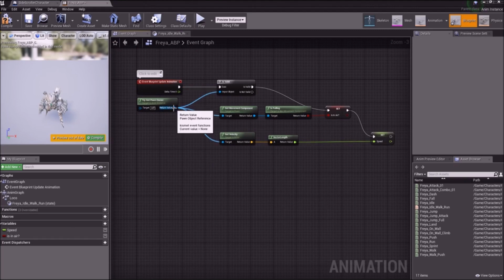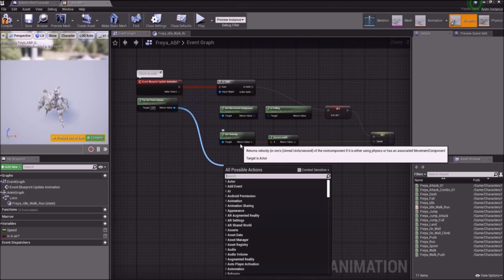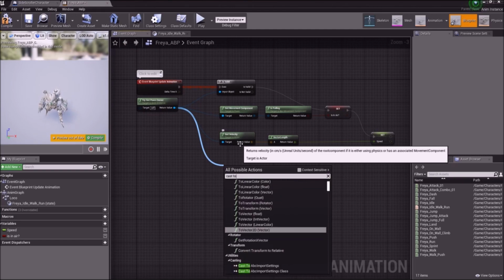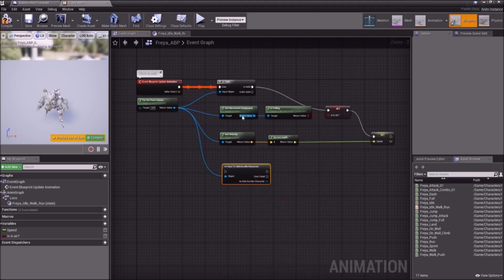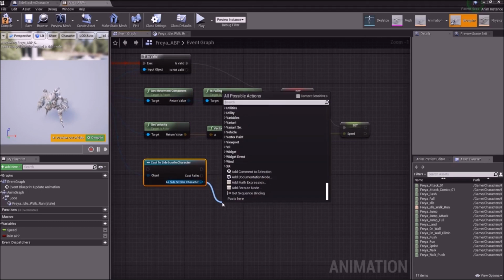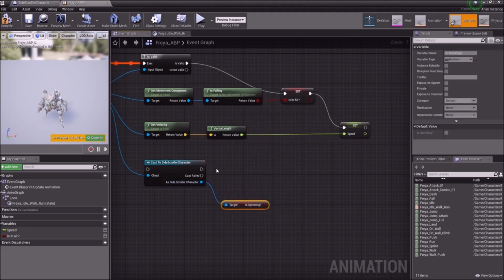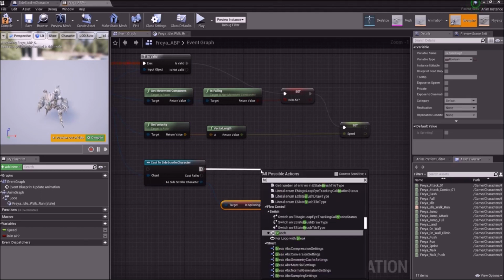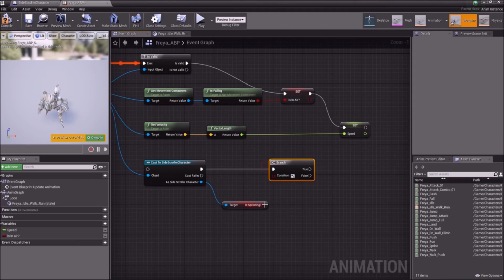So I'm going to drag off this here. You see up here our character blueprint is called side scroller character. So if you say cast to capital S side, there we go, and click on that. So now we are talking to the other blueprint. Within that blueprint is something called is sprinting. So we're going to get is sprinting. We're going to come off this and do a branch, which is basically a true or false. There we go, flow control branch. So the condition will plug into here,